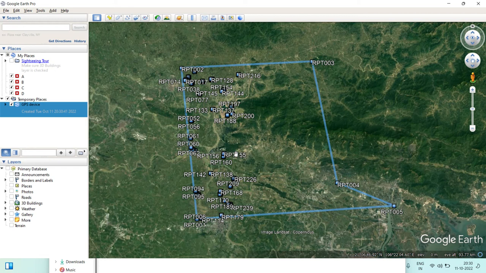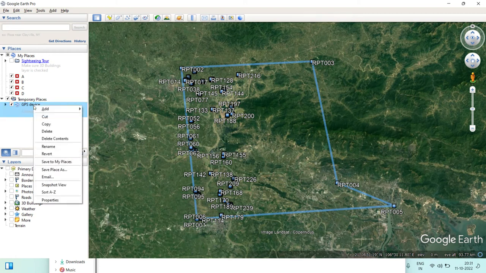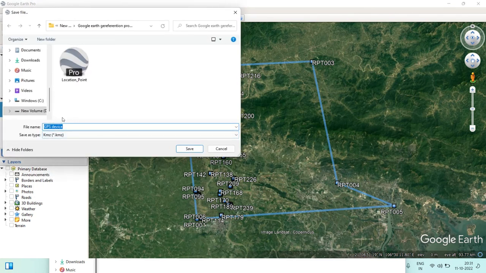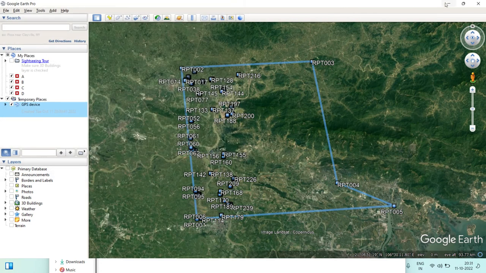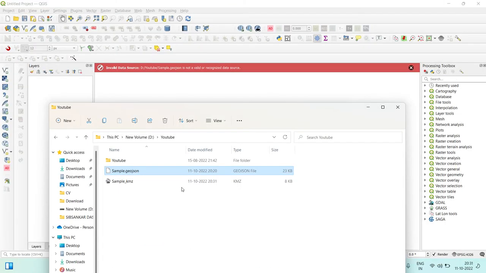Okay, so first of all you open the file in Google Earth Pro, and after that you export this file as a KML or KMZ file. Okay, and I have saved it as a KMZ file. Okay, and then when you have saved this file as KMZ, you open this KMZ file in your QGIS software,